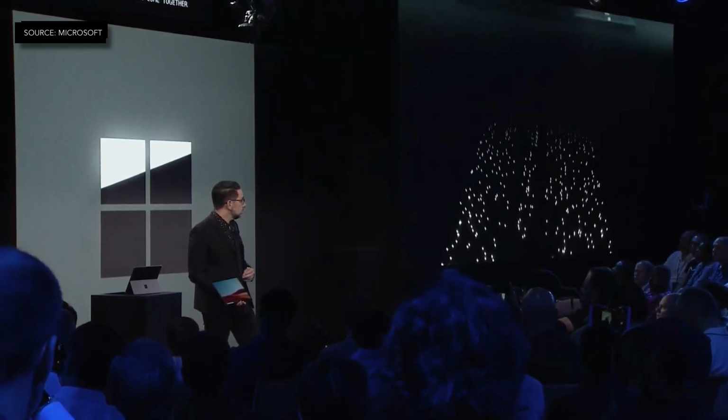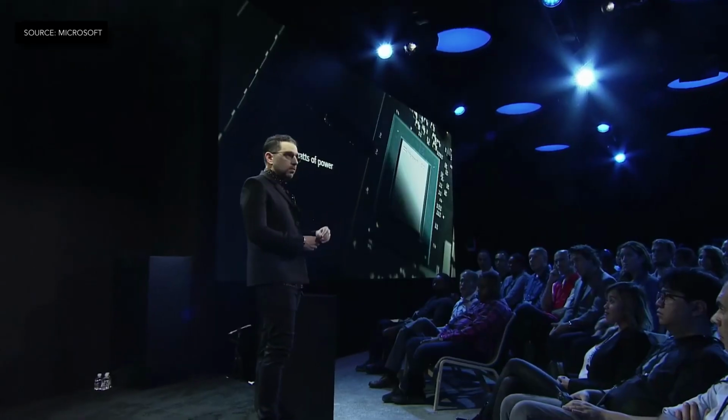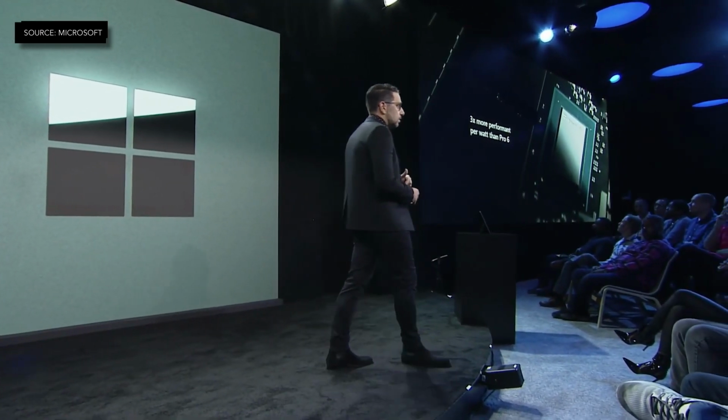Let me introduce you to the custom Microsoft SQ1 chipset. The Snapdragon Mobile DNA, alongside an integrated AI accelerator. And together with Qualcomm, we also redesigned the GPU. This product has 3 times more performance per watt than the Surface Pro 6. Better battery life,